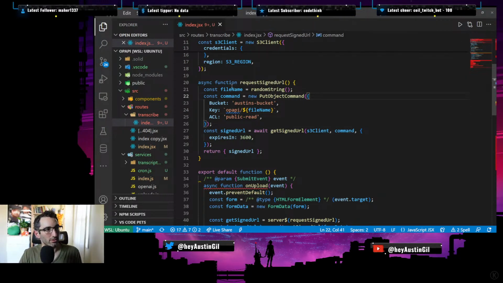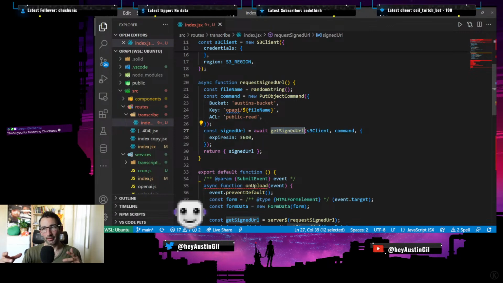We basically generate a random string, pop that into an object URL location or bucket, and then make a request to get a signed URL. So what a signed URL is: you have an object storage location and you want to be able to upload a file there. You can either upload directly, or you can request a signed URL, which is basically a password protected URL that